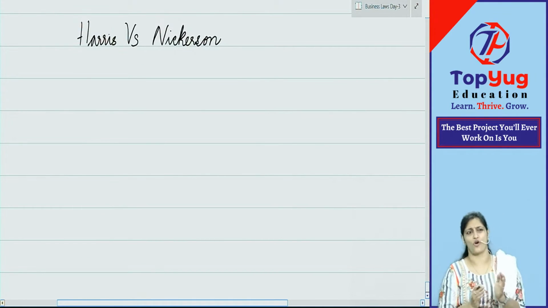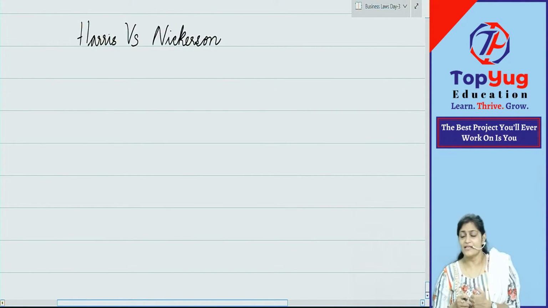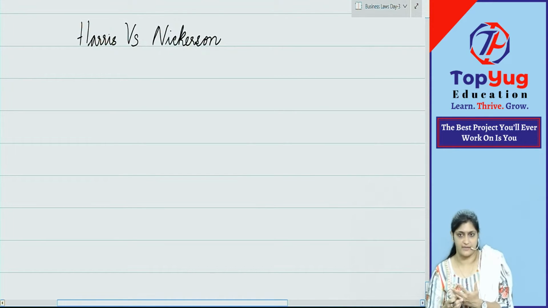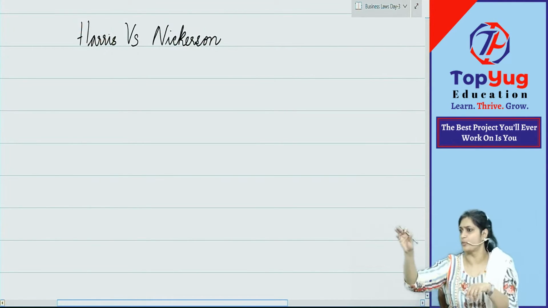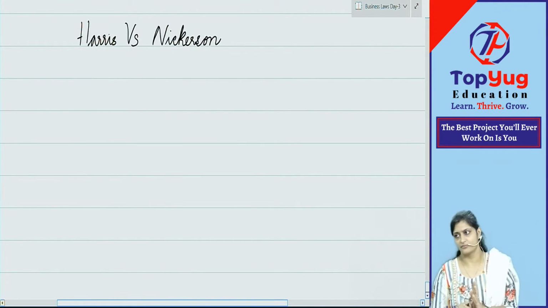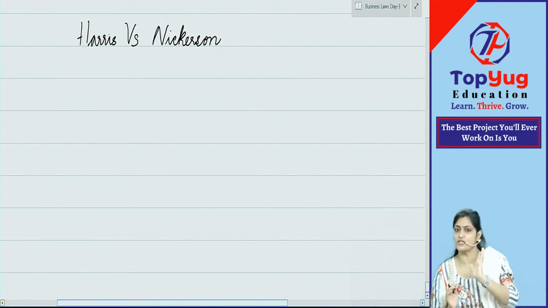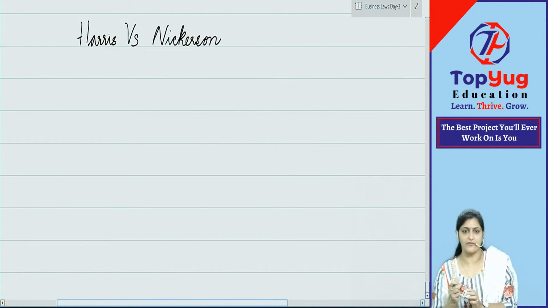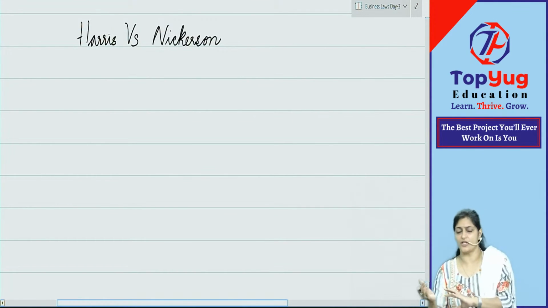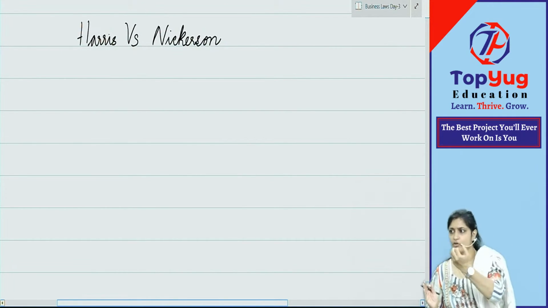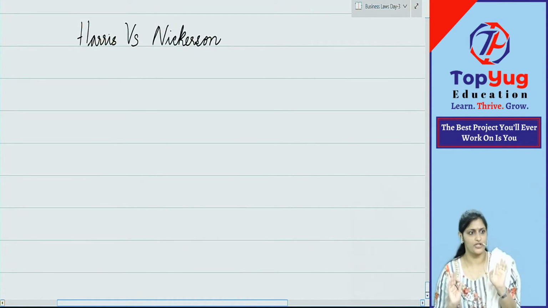Harris versus Nickerson. You know what is auction sale? See, when auction sale happens, just for information I'm telling you so that you'll understand properly, when demand is more and supply is less. For any product, you also want to purchase, everyone wants to purchase, but that thing is only one. Okay, demand is more but supply is less. In those cases, generally what happens? Auction sale happens. Then they give advertisements that, okay, this is a painting, this is the furniture, these things we are going to auction on this day, this time. If you are interested, you can come and purchase. That is how auction sale happens.